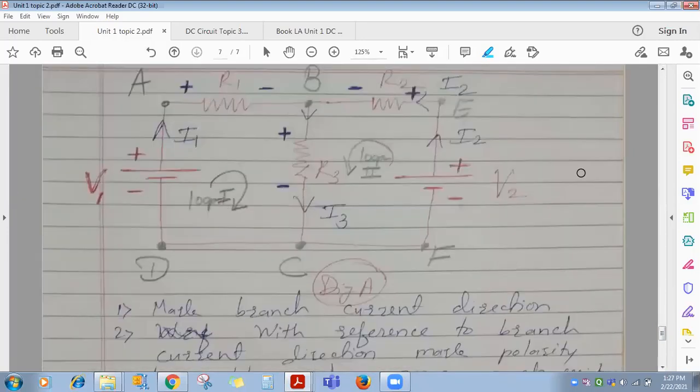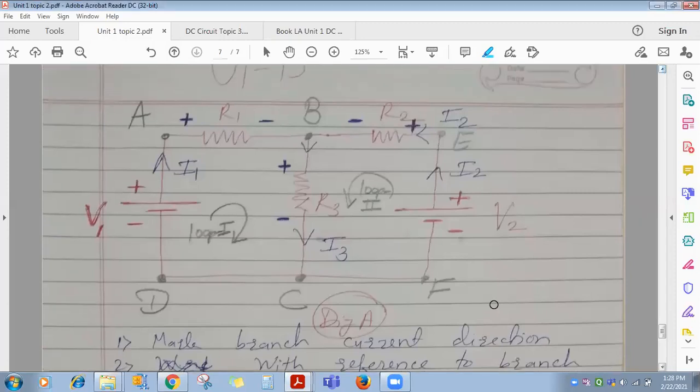Most of the time, numericals get asked using Kirchhoff's law. Your end-sem exam and in-sem exam will both be online, but they will be subjective. So everyone please concentrate. Now I am going to explain how to simplify the sum using Kirchhoff's laws. Whenever you get asked to simplify the sum using Kirchhoff's law, what you have to do is this.